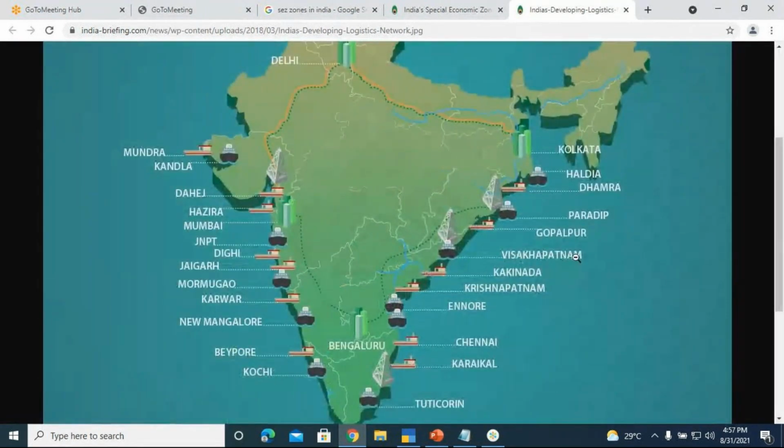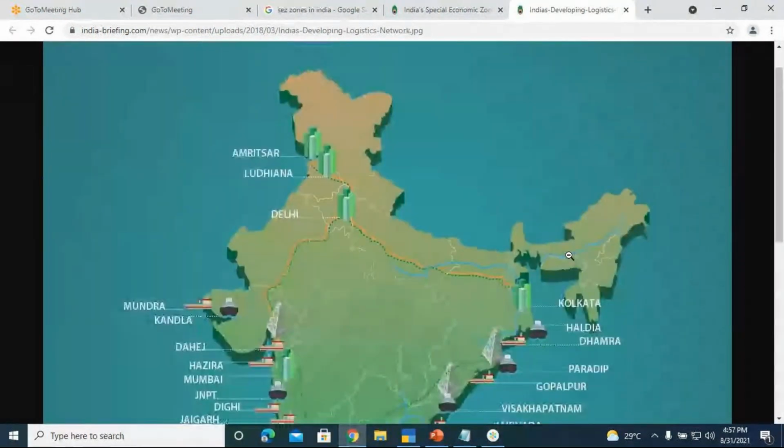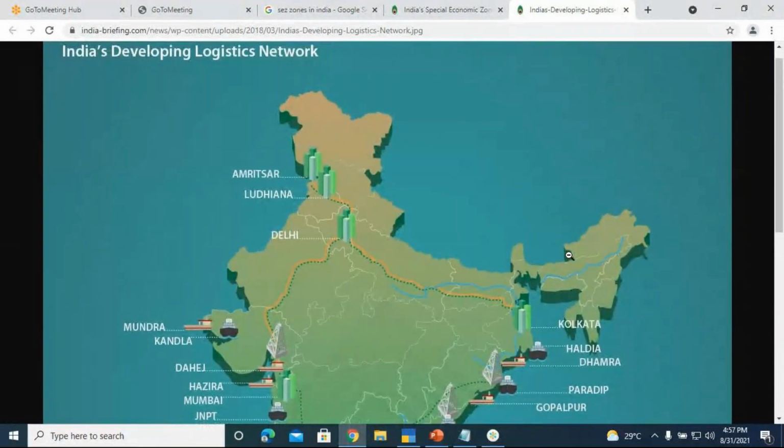Here you can observe a map showing the special economic zones in India. If we take the northern side, we have Amritsar. Of course, there are additional special economic zones now, but I'm just showing a few of them. Amritsar, Ludhiana, Delhi,